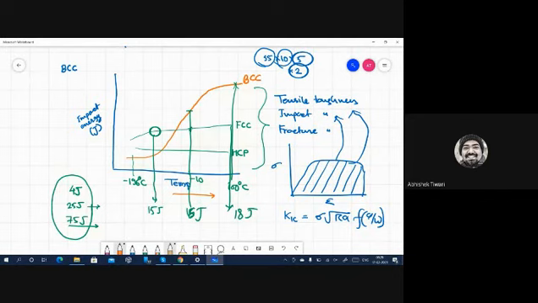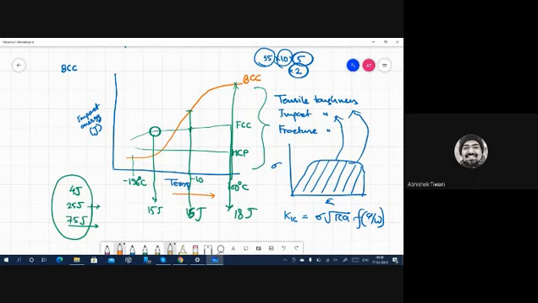In FCC, there is no change, or almost none in HCP also. The difference between HCP and FCC is, in HCP, you don't have many slip systems. So FCC is an extreme case which has the best slip systems you have got in the universe. HCP is a worst case where you don't have. So there are basically 3 slip systems, and those 3 slip systems are usually not activated at once.